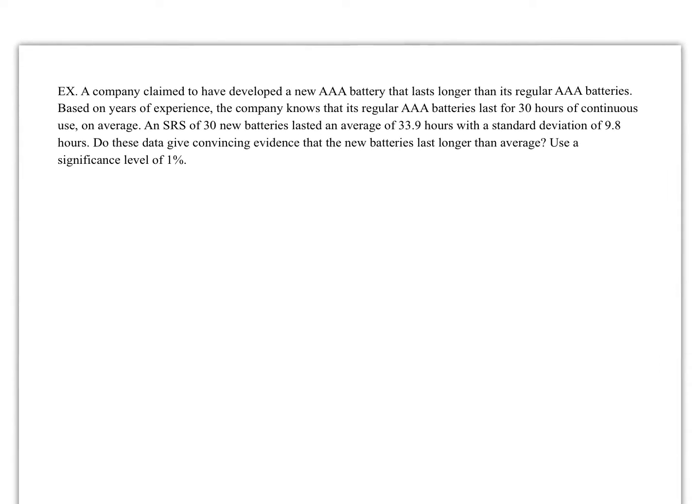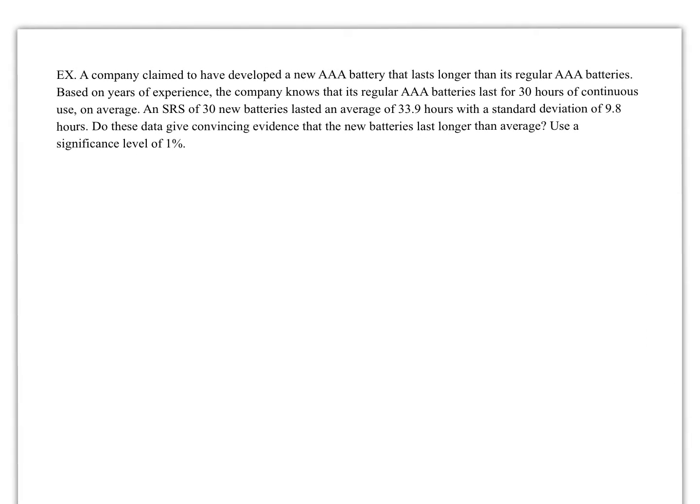So the first example we're going to look at says a company claimed to have developed a new AAA battery that lasts longer than its regular AAA batteries. Based on years of experience, the company knows that its regular AAA batteries last for 30 hours of continuous use on average. An SRS of 30 new batteries lasted an average of 33.9 hours with a standard deviation of 9.8 hours. Do these data give convincing evidence that the new batteries last longer than average, use a significance level of